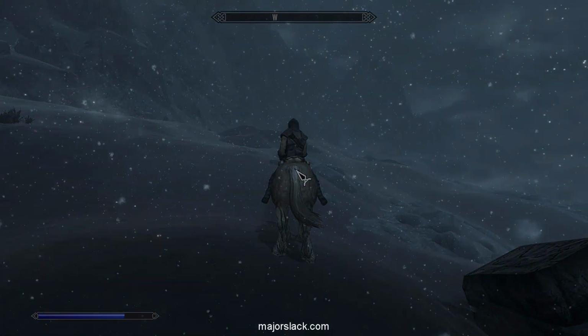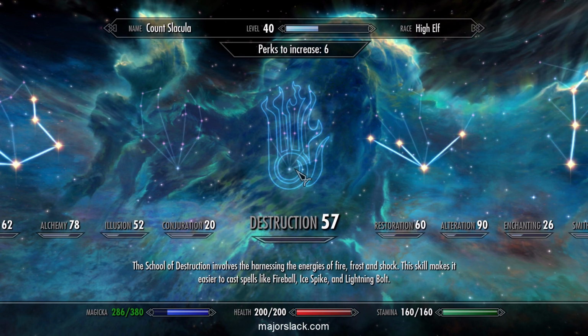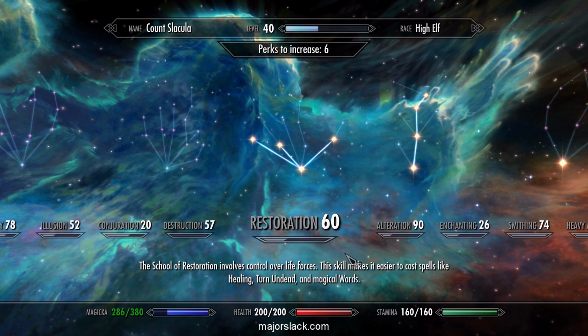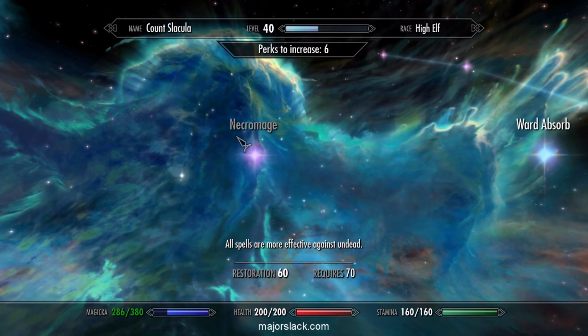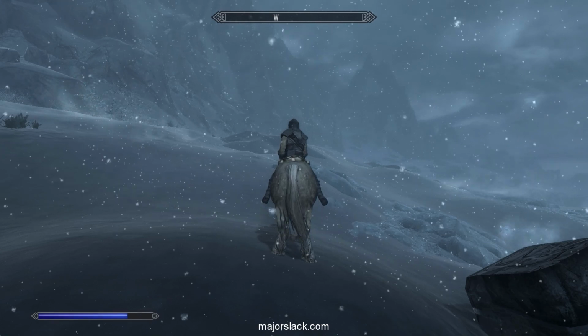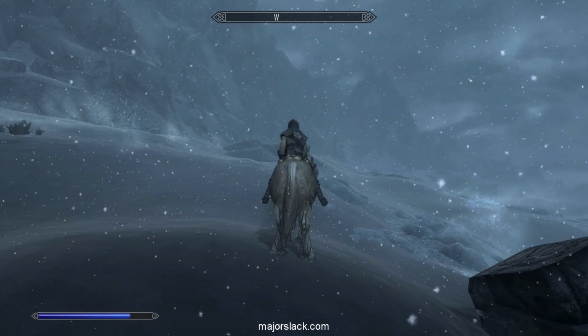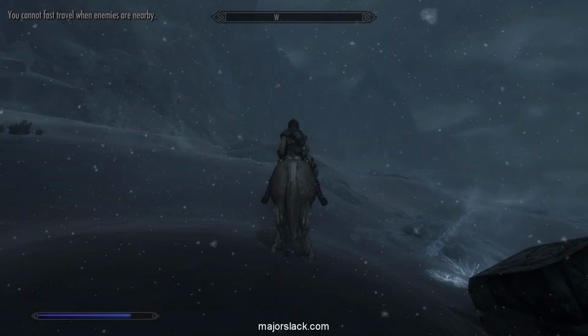Restoration. We have the Scholar's Insight perk, and Restoration is at 60. If we go on a skill book run, we can get Restoration up to 70, and finally get the Necromage perk. Let's do that right now. First, Restoration skill book can be found in the Frozen Hearth cellar right here in Winterhold. And there's still some enemies around, so we're gonna have to...